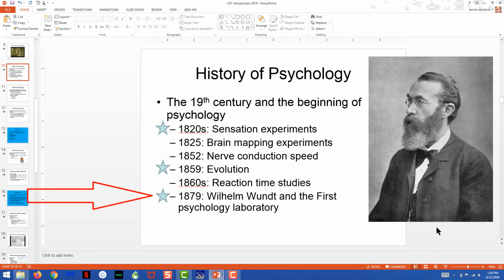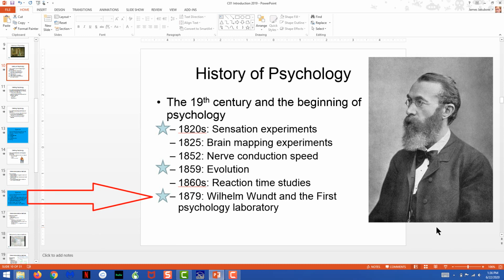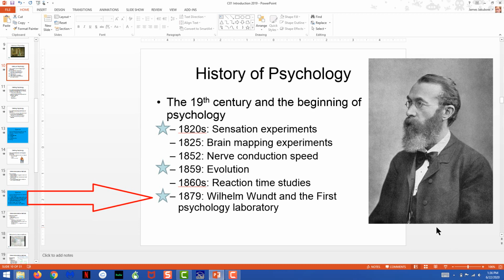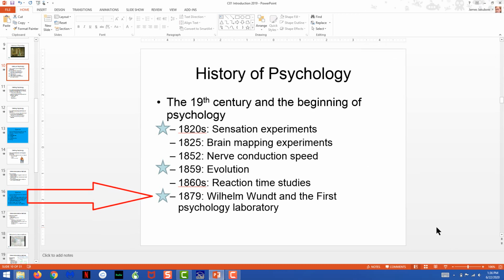He pulled together all his available resources at that time and created something completely new: the scientific study of psychology. And that's where the first psychology laboratory came from. So now that we've gotten to the point where the first psychology laboratory is set up, and we understand why psychology started the way it did, because of a biologist in a philosophy department who started to do a new type of work,